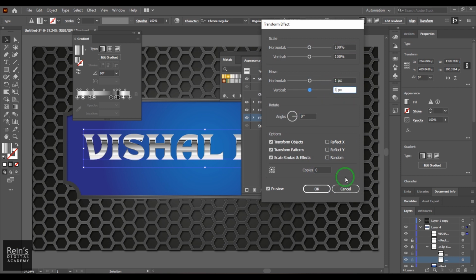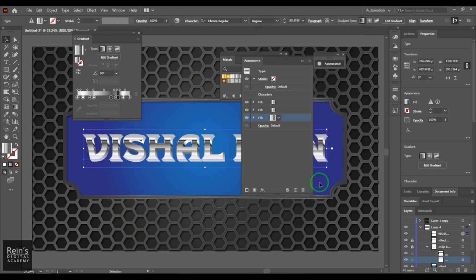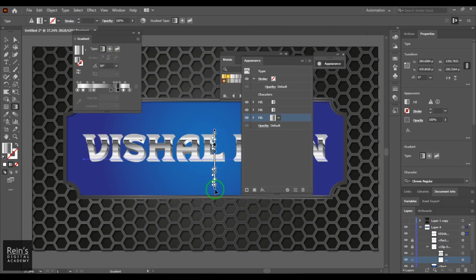Okay, and then put copies of 5. I can apply preview if needed. I'll put a 10, then you get a more thick text there. That's good. And then I want to apply OK, and then again go to edit gradients for that,